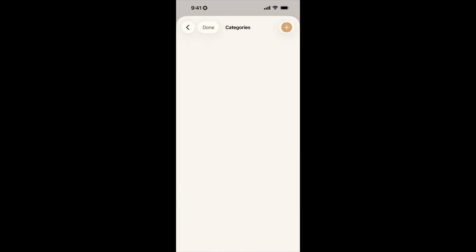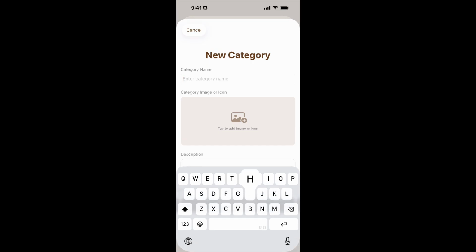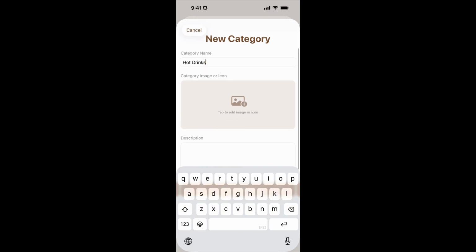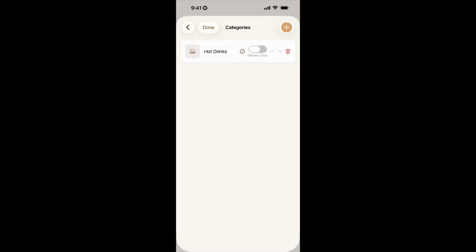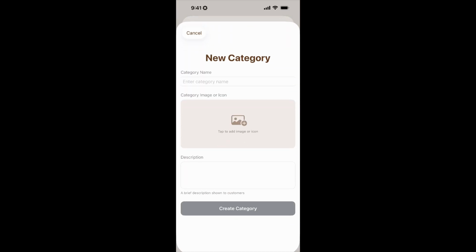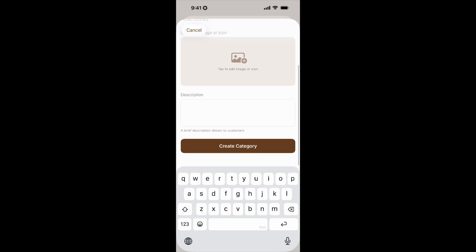We're going to create a simple category called hot drinks. So this will be for anything that's hot, obviously. You can add an image later. Now let's create another category called cold drinks. That will give us a start. All right, once these are created,